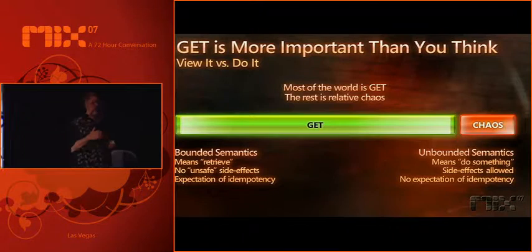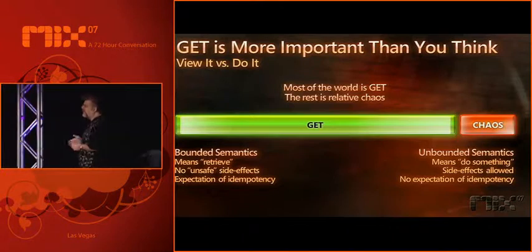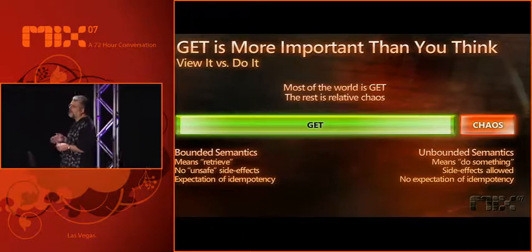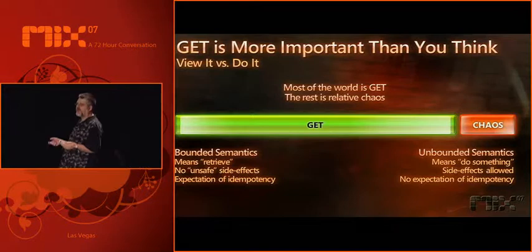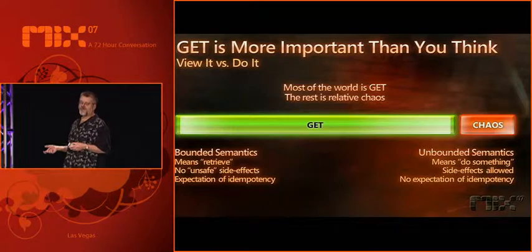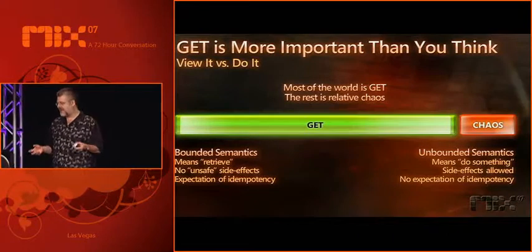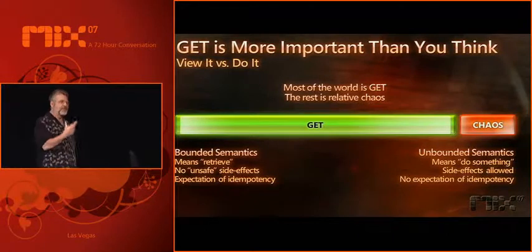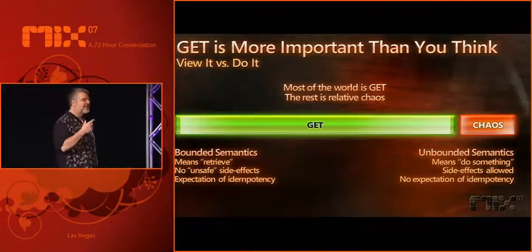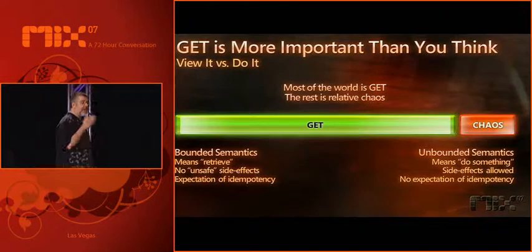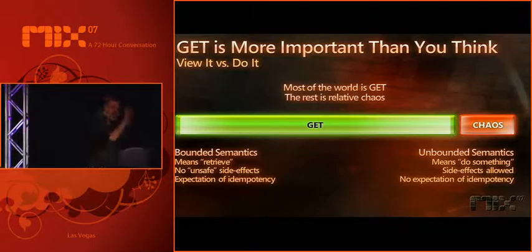This does, and in fact, the expectation of idempotency is so deep in this, there's actually protocol support in HTTP to support when you aren't idempotent. In an ideal world, GET would be pure. That is, it would be pure in a functional sense. That is, given the same input, which is the URI, you would always get the same output from now to the end of time. If the web worked that way, performance would go through the roof.